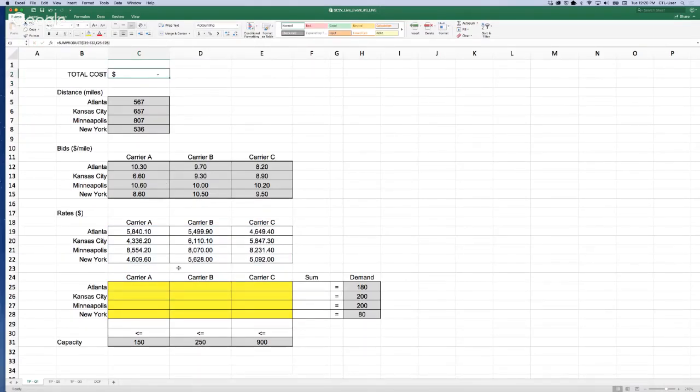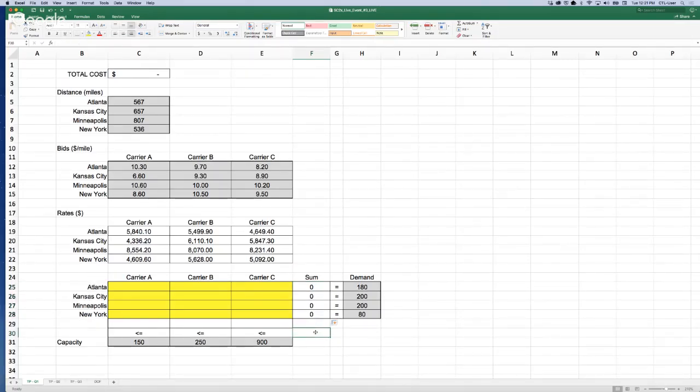Then I need to add my constraints. Remember that for this question, we have only two constraints. First one, that we need to fulfill the demand. So we need to make sure that all the loads that are assigned to the carriers, so the sum of this row, should be equal to the demand. I'm assuming all the loads that are going to be assigned to each of the lanes.